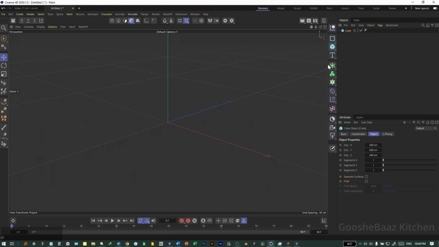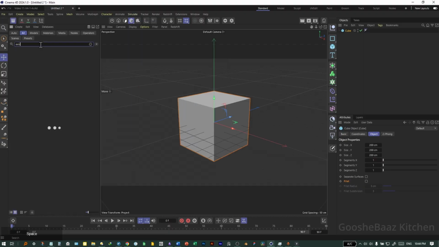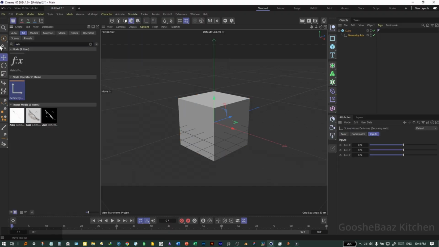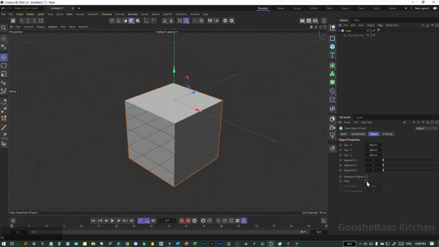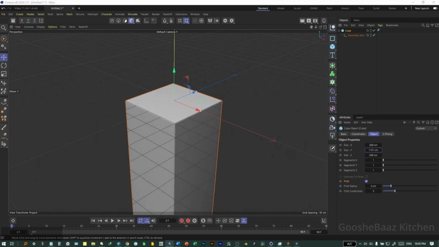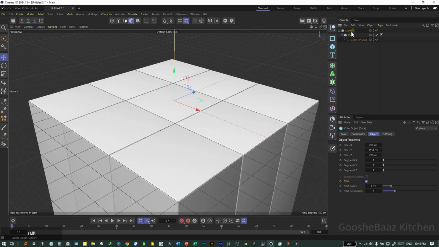Let's go. First, add a cube, add an axis, geometry axis under it, axis equal minus 100. Come back to cube, turn on fillet, increase the size on Y axis, add a cloner object, add cube under